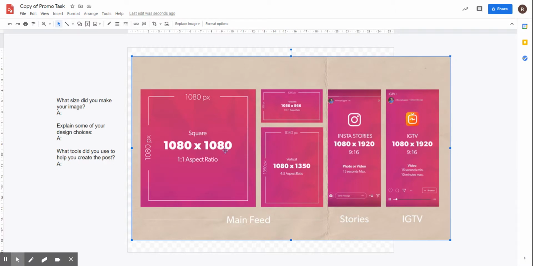Now, if you were to use something like a 1080 by 1080 image, so remember that would mean you'd have 1080 pixels going up horizontally and 1080 going vertically as well. So that would keep you a 1-to-1 aspect ratio. When you do create this image and you upload it onto your Instagram page, it will obviously reduce it to the size that you need, but having such a high number of pixels would mean the quality of the